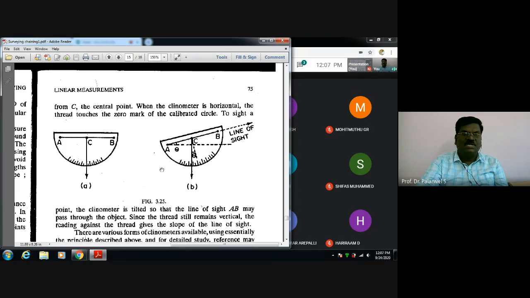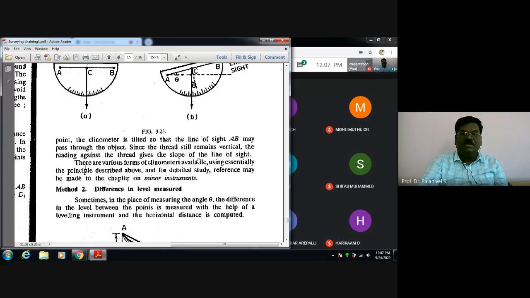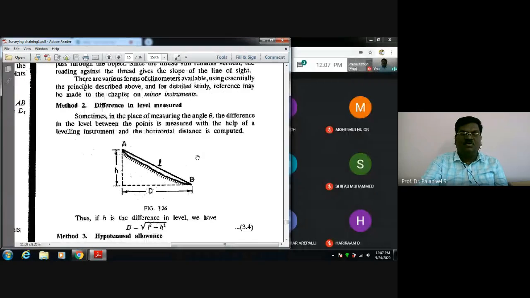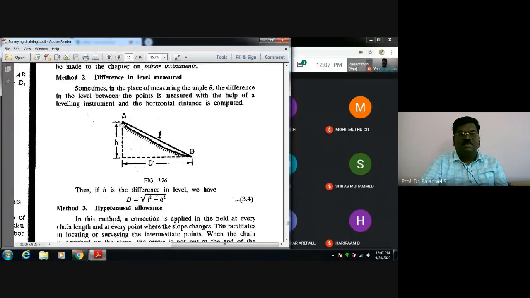This way you can measure the angle made by the survey line with the horizontal using a small, simple device called a clinometer. This way indirectly we can do chaining on sloping or uneven ground. Even a differential level you can use. Suppose along with the chain, you want to measure the horizontal distance between two stations A and B lying on uneven, sloping ground. You measure along the slope using a tape, make the tape straight and measure it, L. Using a leveling instrument, which I will discuss in a subsequent unit,